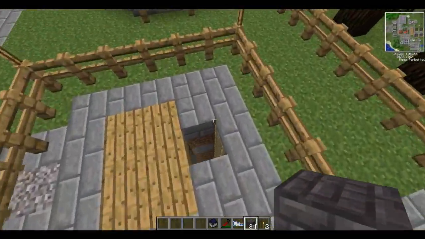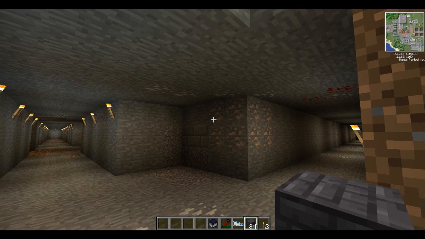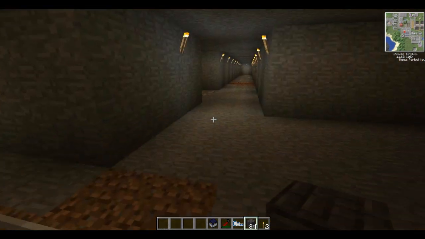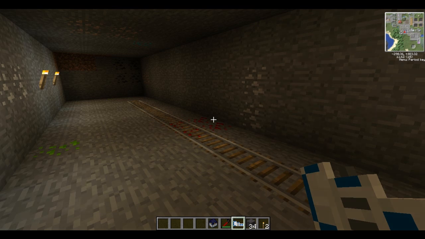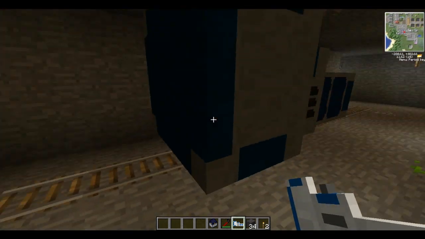I'm going to go down at my mine shaft, just fall down so it gets there quickly. Right, so as you can see I've been testing this out. I haven't used a tunnel bore before, but I've got one set up here so I can show you how to work it. So you get it in your hand and you right click. Now you'll need a bit of track for this already down,